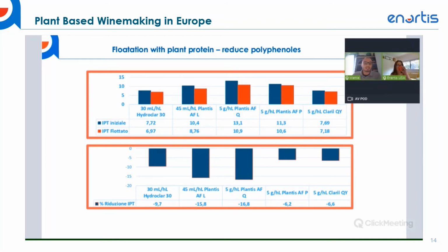So here, what I wanted to show, because I saw that Darko before showed you the clarification of the wine, here is juice, is flotation. I wanted to show you the increase in reduction of oxidative polyphenols comparing the gelatin to the plant proteins. The pea proteins can go till